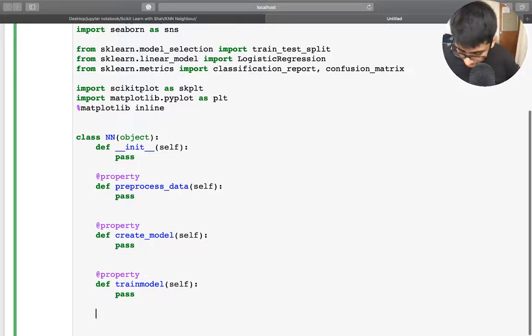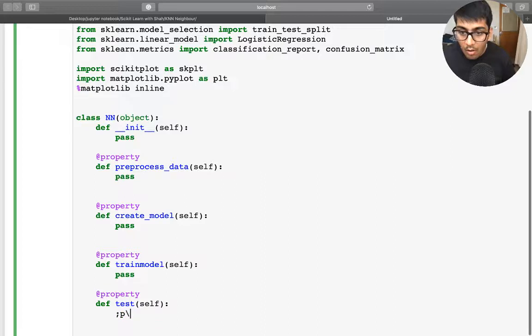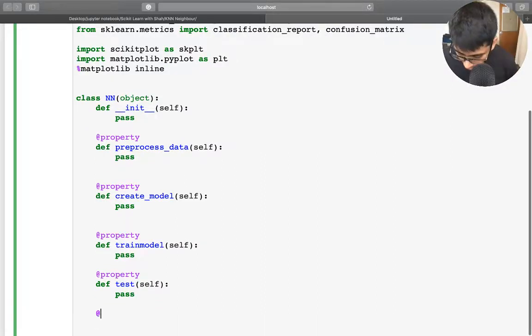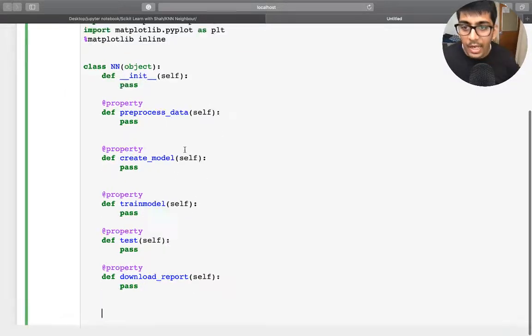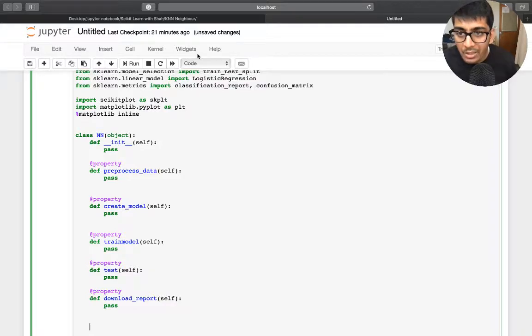We need to test the model. And at the end, we need to download the report. So that's it, and we are essentially going to copy and paste the code that we just wrote